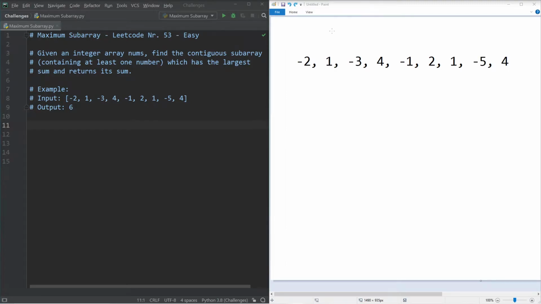Hi everybody, today we're going to take a look at the maximum subarray question. This is question number 53 on Leetcode. It's in the category easy, and the question goes as follows. Given an integer array of numbers, find the contiguous subarray containing at least one number which has the largest sum